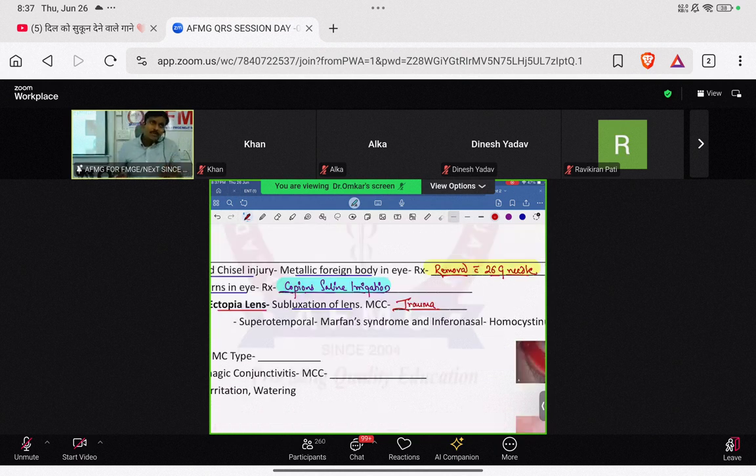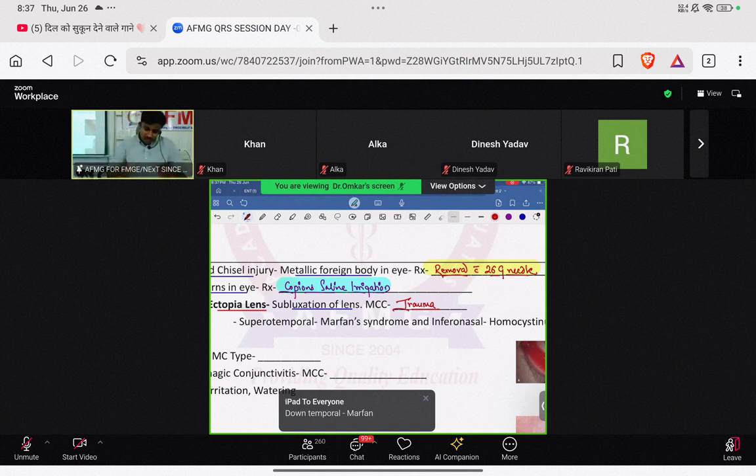Other causes are Marfan syndrome or homocystinuria. Now remember, whether it is Marfan syndrome or homocystinuria, patients will have common features. Both these patients will have a tall stature. Both will have an arm span greater than their height. Third, both may have chest deformities. Fourth, both will have cardiovascular problems. And fifth, both will have ectopia lentis or a lens subluxation.